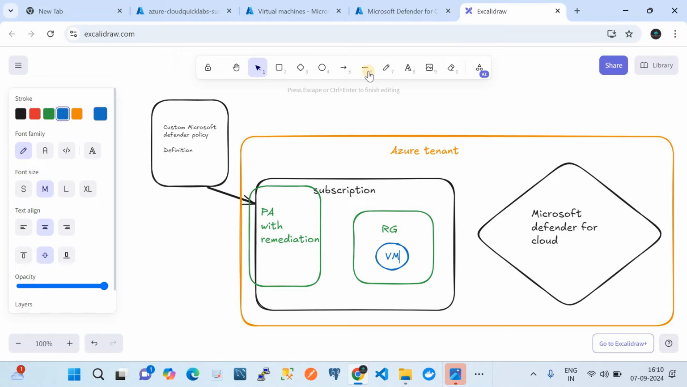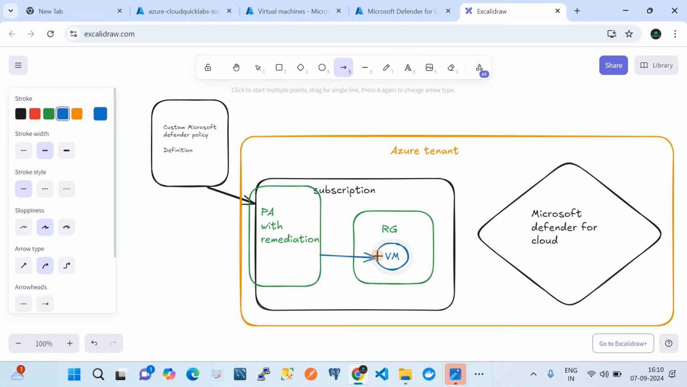So what happens is, since we have assigned the policy on the Azure subscription, which has an effect of deploy if not exists, this policy will automatically identify the targeted resource. Here the targeted resource of the policy is the virtual machine, and it will deploy that MD agent, Microsoft Defender endpoint agent, on this virtual machine. And once the agent has been installed and configured, this machine automatically starts reporting to our Microsoft Defender for Cloud